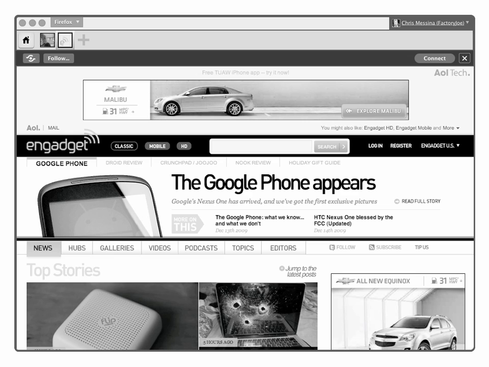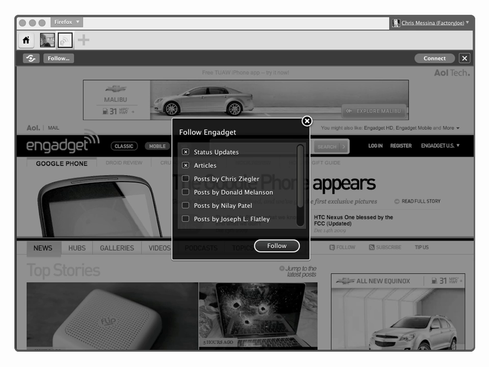And what's also interesting is that if you look down below the header of Engadget, you can see that there's a follow link there for Twitter, and there's also a subscribe link for RSS feeds. Well, again, the social agent is smarter than the average browser. So it is going to make available that information to me automatically. So if I click follow on Engadget, what you're going to see is that I can subscribe to their status updates from Twitter. I can subscribe to articles that come from the posts, or something that the site actually tells the browser is also available are specific posts by specific authors.